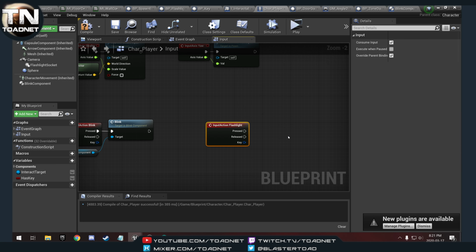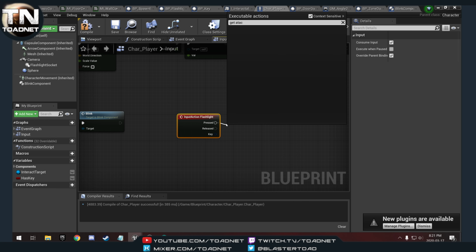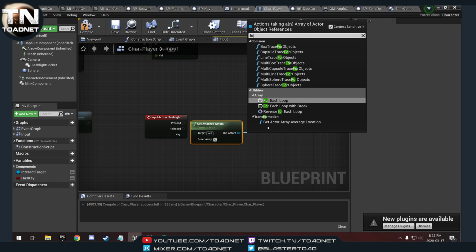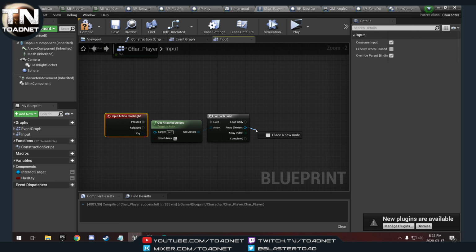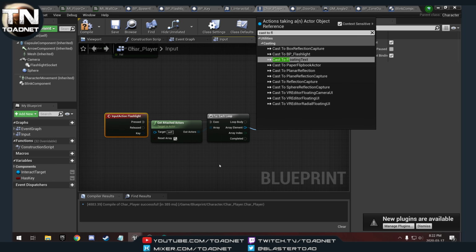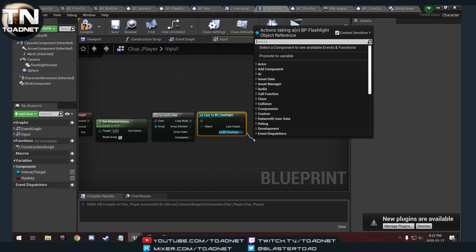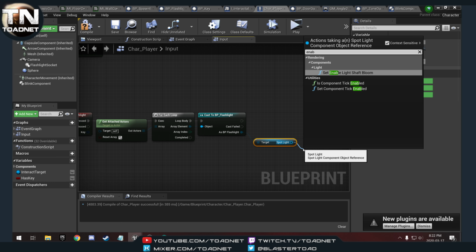Action events, flashlight. We are going to, when we press get flashlight, get attached, get attached actors. Okay, so this is anything attached to us. And we're going to for each loop. Okay, and then for each loop, we are going to cast to flashlight, cast to BP flashlight, get spotlight enabled,